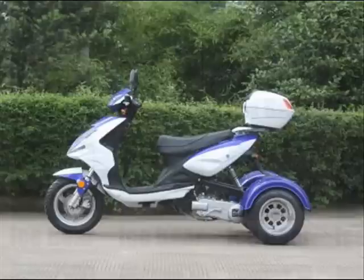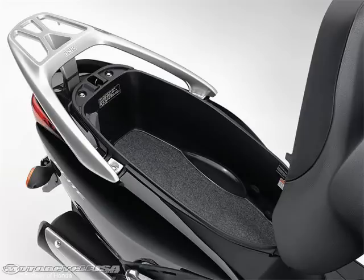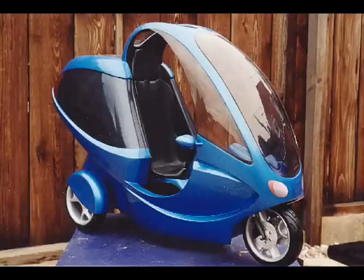I need some sort of storage space, so I wouldn't mind having a conventional scooter trunk in the back, and I still want under-seat storage. You open up a door and you can open up the seat. This way you can access your engine and other mechanical components. I still want that area to exist, but I need externally mounted rear view mirrors so I can see what's going on behind me. I would love to have a windshield wiper, and of course your standard headlamps, tail lamps,